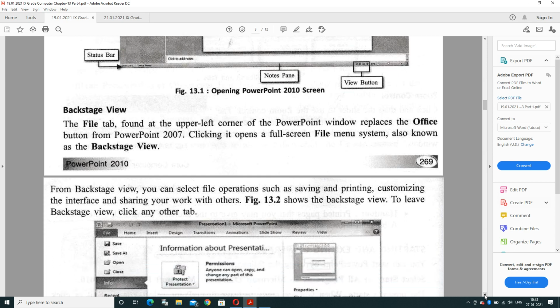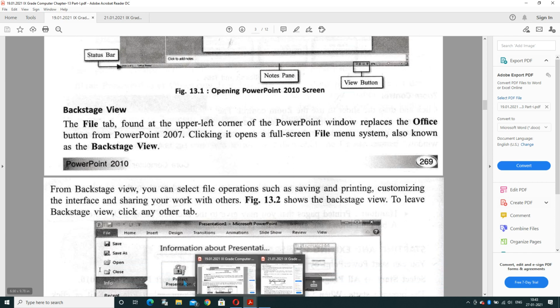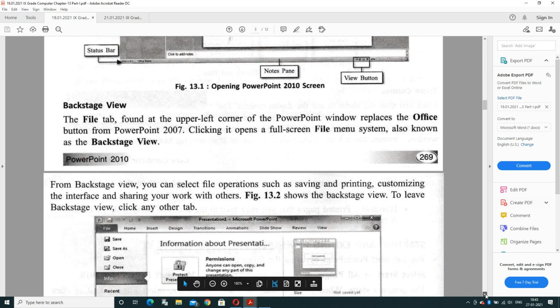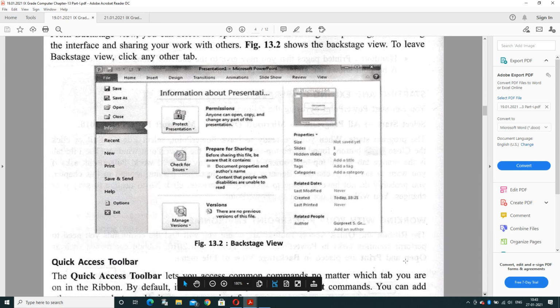And how does it open? By clicking on File, it opens a full screen. When we click on the File menu, it displays information like protect presentation, check for issues, manage versions and all properties, and preparing for sharing. This is the backstage view, which is not directly visible on the front. When we click on it, it will be displayed on the screen.